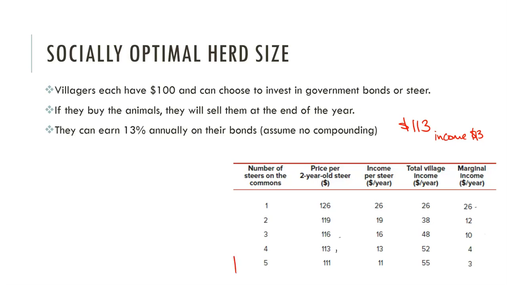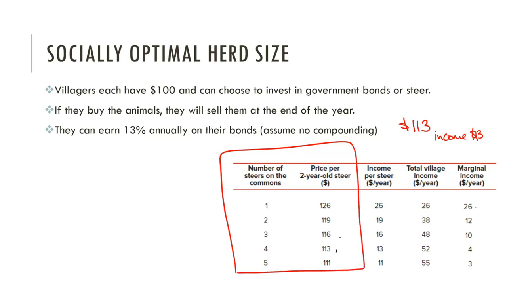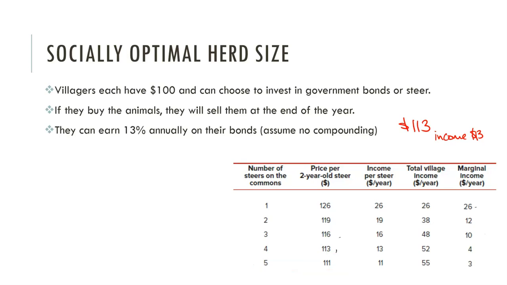Or they can buy a steer, and the value at the end of the year depends on how many there are. So if we only have 2 animals out on the field, they will each sell for $119. If we have 5 animals on the field, they're each going to sell for $111. So more animals is going to mean a lower value. And I don't really know a lot about raising animals, so bear with me here. But just imagine we've got this grass field,